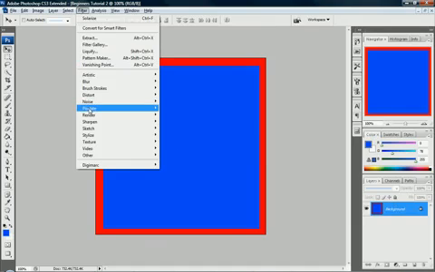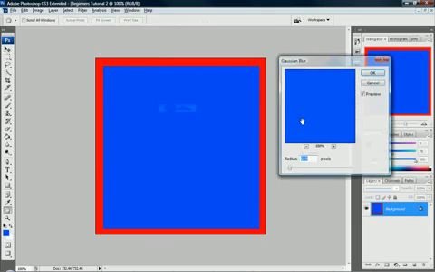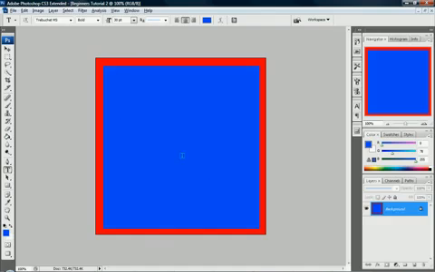If I go to filter, blur, you've got all of these different blurs. If we go into Gaussian blur, you see it just rounds the little edges. The higher we put it, the more effect it will have. But since this is just a square, you won't see much happen. But if I write inside it,